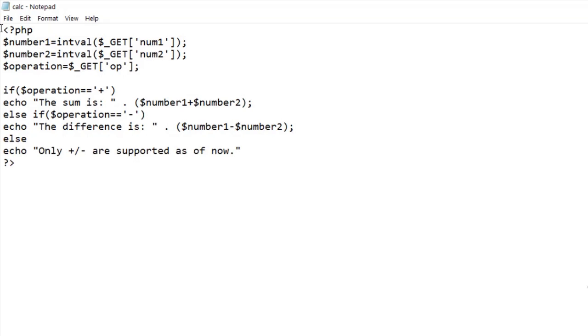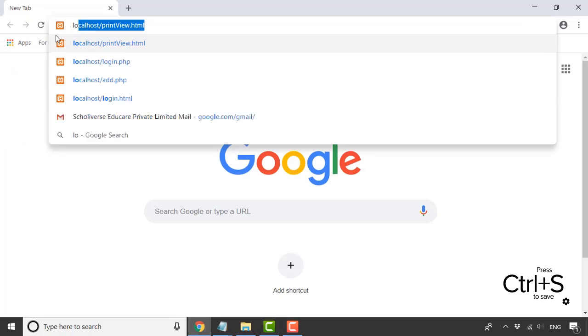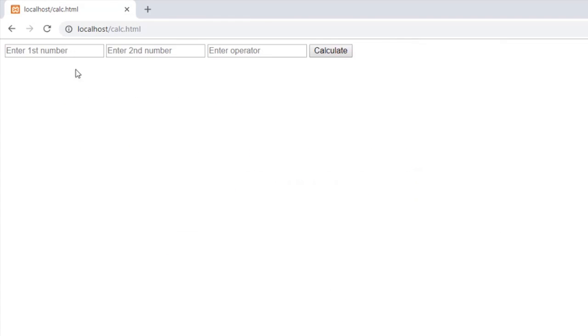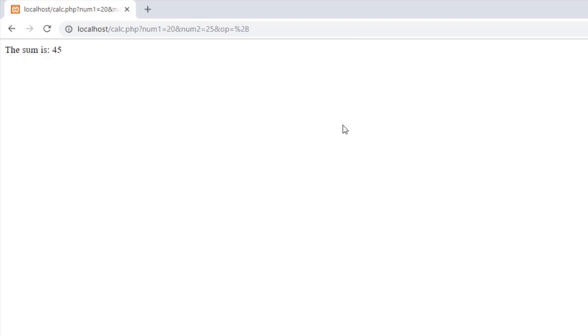So now we can save this file and check if our program runs well. Voila, it works. You can extend the PHP code to include more such operators.